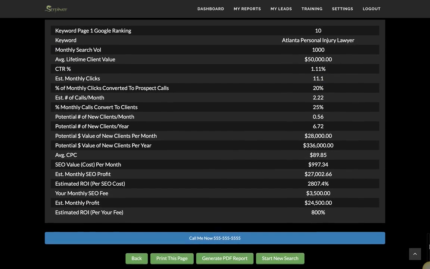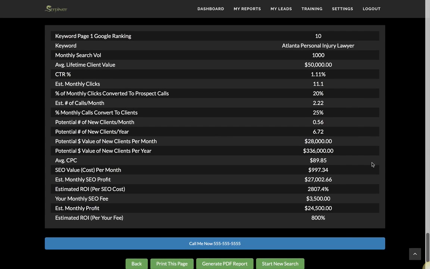whether rank 1 through 10, even at 10, 800% estimated ROI based on our estimates, and that's only with a click-through rate of over 1% and only adding 6 clients per year, or half a client per month. And so what this shows right here, just this example, is even ranking number 10 and very little traffic, if you get clients and